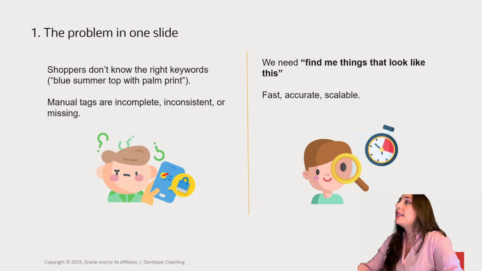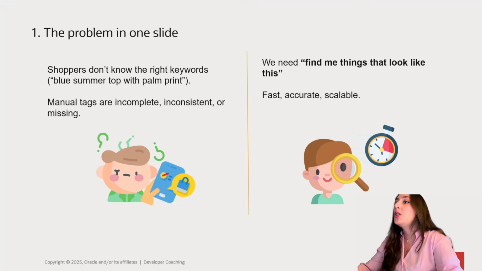On the retailer side, manual tags are usually incomplete or inconsistent. Some items are only tagged as blue, some as navy, some maybe are missing, some are casual entirely. So that means that the catalog is not fully describable, and the tags are not describing what the user is seeing in the picture. So at the end, we have some users that are frustrated, that are scrolling and only checking